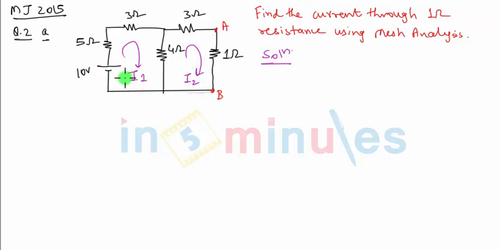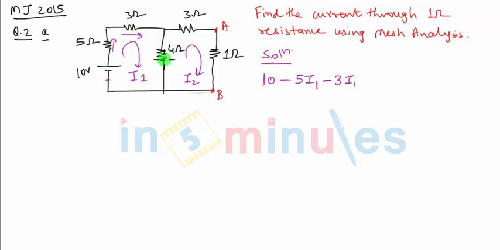So let us write down the equation first in mesh number 1. We will start from this point. When I go from negative to positive polarity, the voltage will be positive, there will be a rise in the voltage, so plus 10. Current I1 is flowing in the upward direction through the 5 ohm resistance. When a current flows in the upward direction and we are also traveling in the upward direction, that means in the same direction as the flow of current, the voltage will be negative, there will be a drop in the voltage, so we call it minus 5 I1. Similarly, if I proceed further, it will be minus 3 I1 because we are in the same direction of current.